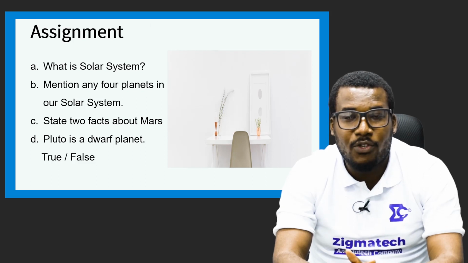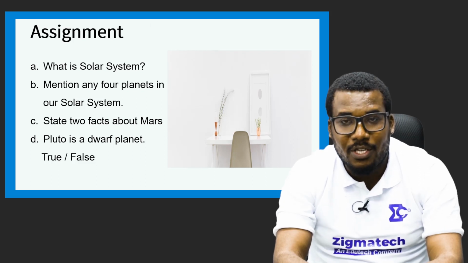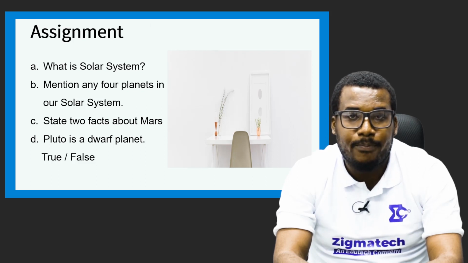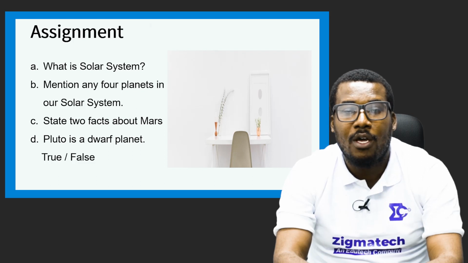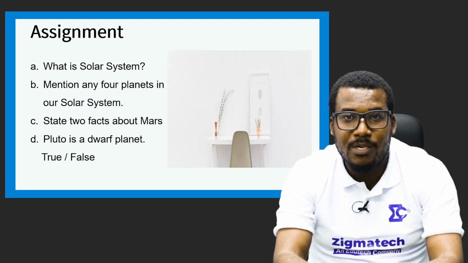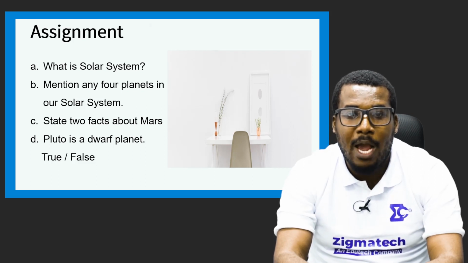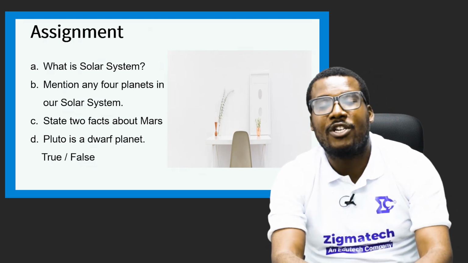From your planet, it moves to your solar system, the alignment of all the planets and the sun. From your solar system, it moves to the galaxy, the Milky Way galaxy, the spiral-shaped or milky-shaped